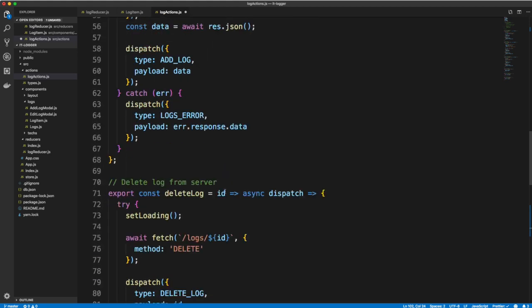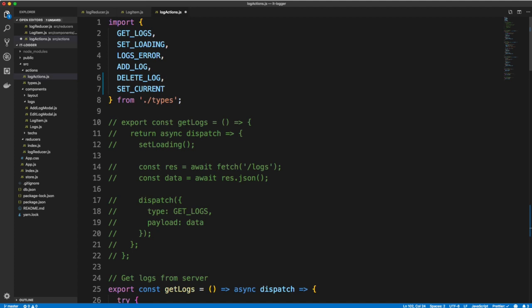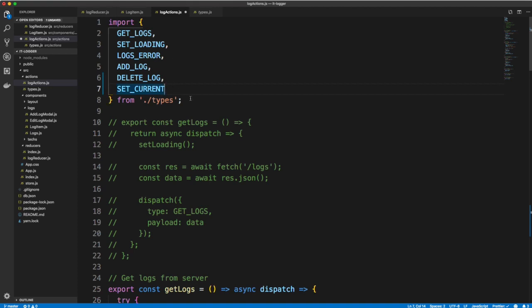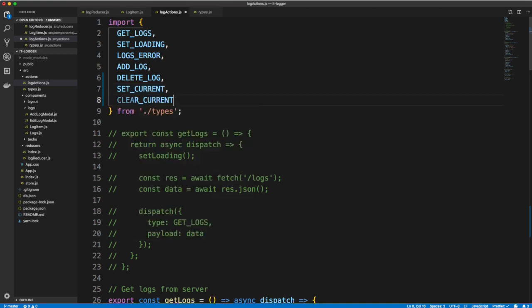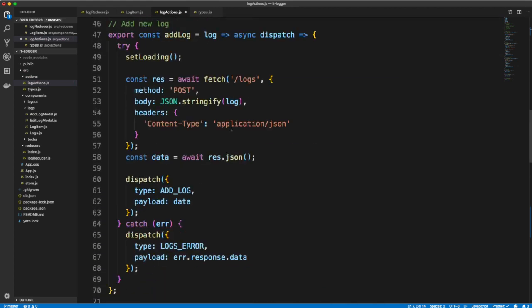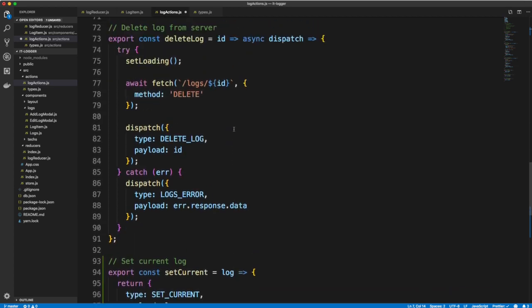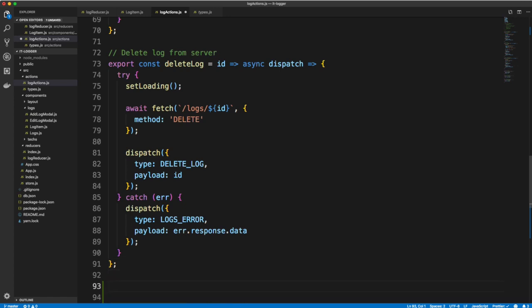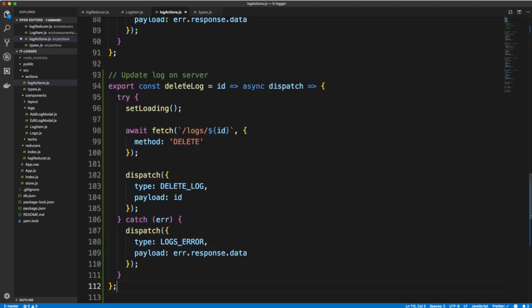All right, let's bring in those types up here. Actually, oh, it looks like it brought in set current. Do we have clear current in our types? Yes, we do. So we need to bring that in as well. Clear current, and let's also bring in update log. All right, because I'm going to create that now. I'm going to put that right below delete log. Actually, what we'll do is copy delete log. And let's say update log on server. Okay, so we'll call this